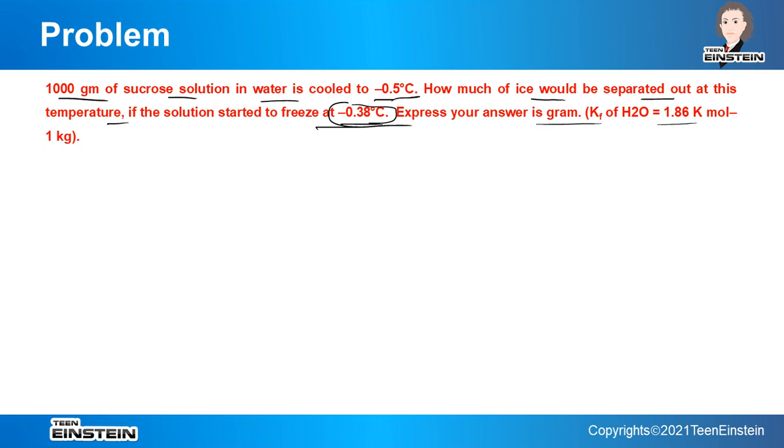Kf value is given as 1.86. Even if it is not given, it is better you remember the value. So Kf for H2O is 1.86, because in most of the problems you will find the solvent is water, so it is better if you can remember it. First of all we need to find the molecular weight of sucrose, and for that we have to know the formula. So the formula is